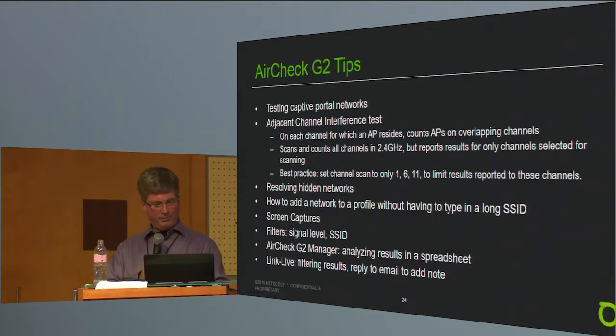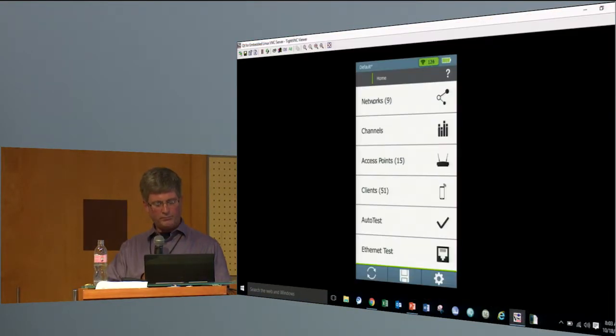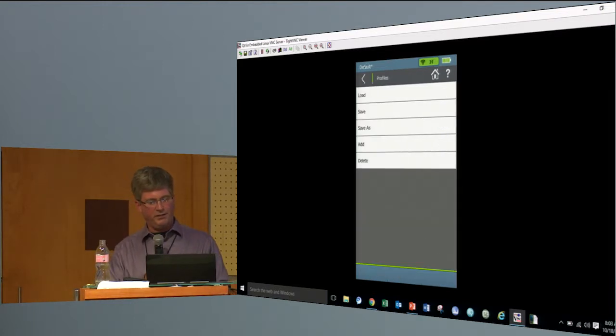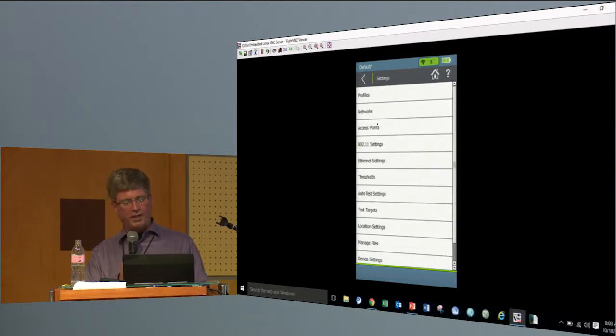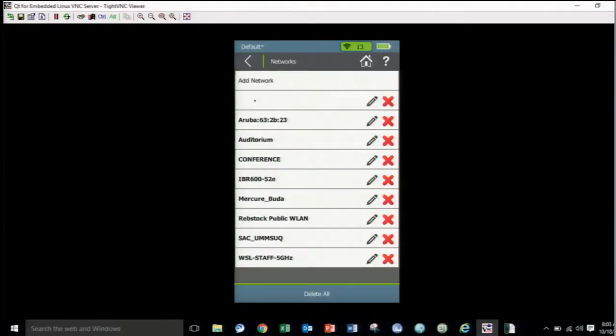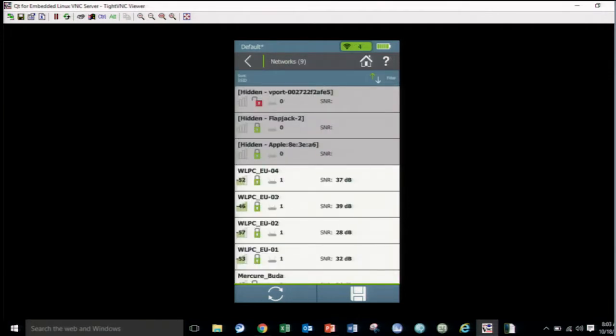So for example, right now, up here is the profile I have running. It's called default. If I click it, I'll go to the profiles page, and I can do all sorts of things with it, but I can take a quick look under settings at what networks I currently have configured. You can see I have quite a few networks already configured in my profile, but I don't have any of the ones here. So if I want to add, for example,